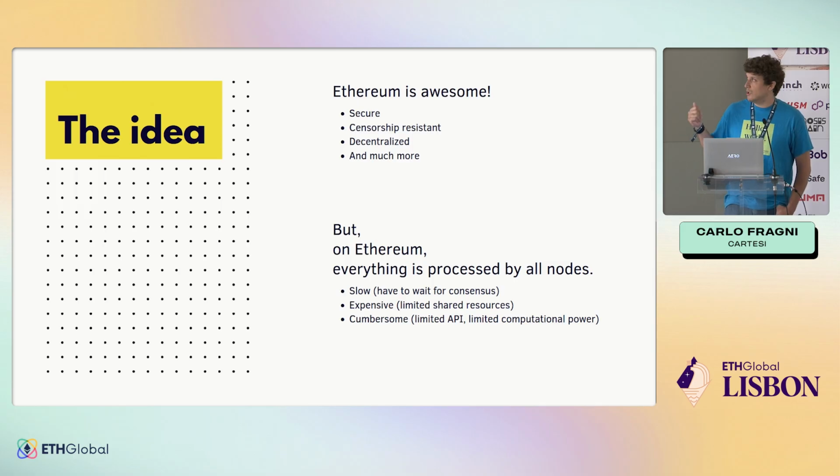And it's awesome, but it comes with its disadvantages as well. On Ethereum, everything is slow, expensive, and cumbersome. Why? Slow because you're sharing a single VM, all the resources, with all the applications that are running on it. Expensive because you're always bidding for the scarce resources in there. So you have to purchase those resources and overbid others trying to use them. And cumbersome because Ethereum was designed around the EVM, which is really good for sandboxing, making sure that no one's messing with someone else's computation. But it's not similar to anything that came before, so all the tooling has to be built from the ground up.